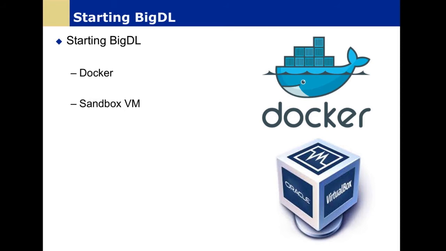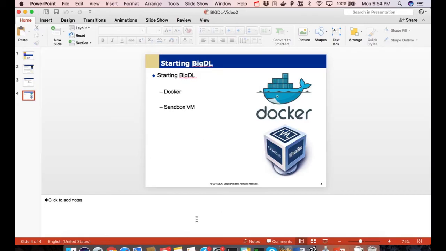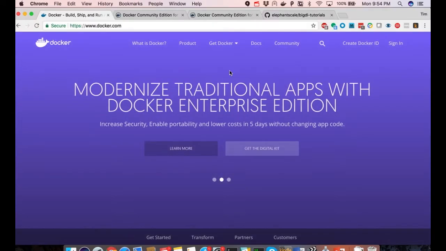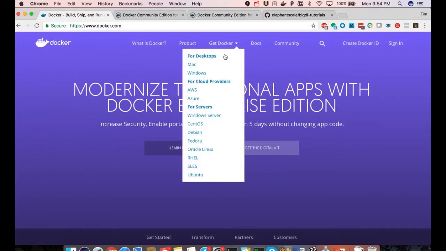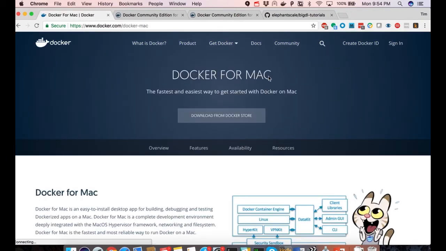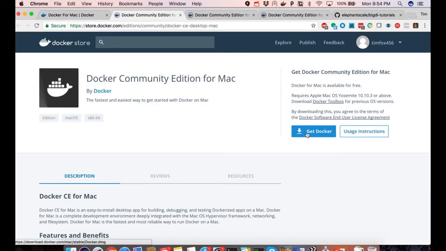So proceeding ahead with Docker, let's first ensure that we have Docker downloaded and installed on our local system. I'm running a Mac, which means I'm going to go to the docker.com site, click on Mac, download that from the Docker store, and click on Get Docker.